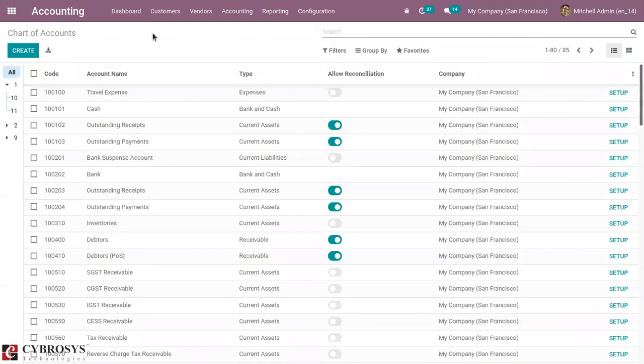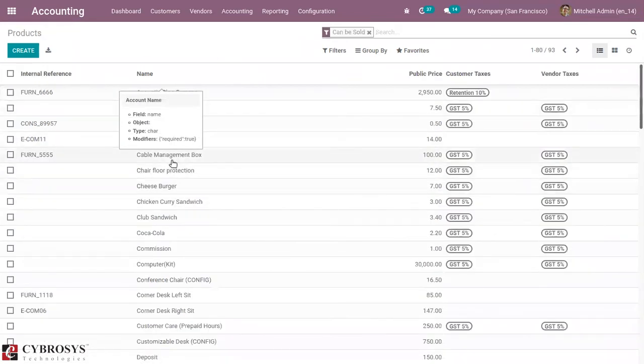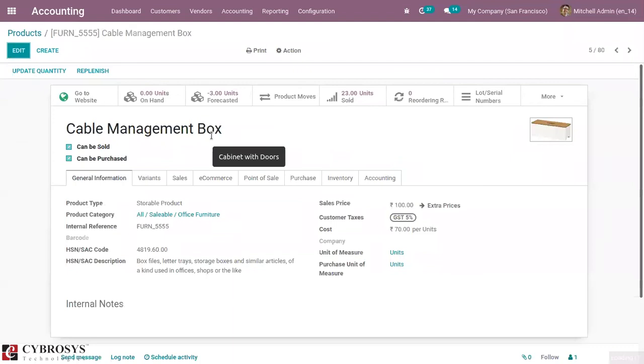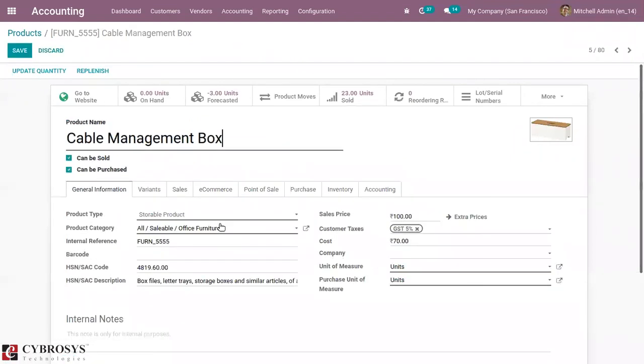So after creating and configuring the account, you can set these accounts on your products. So here, when you open products, now here you can edit the product.